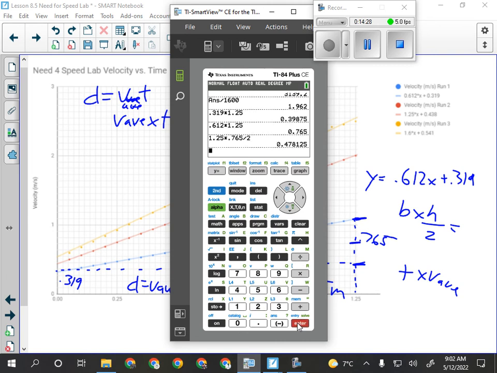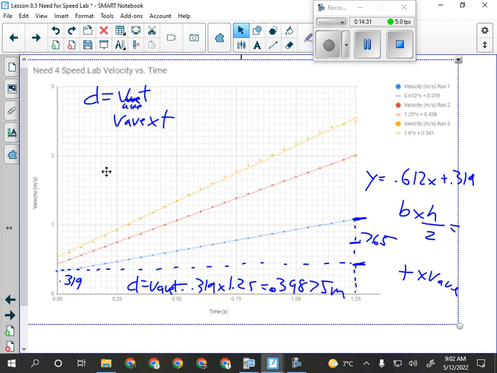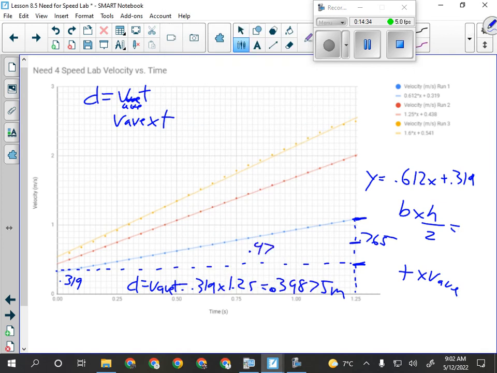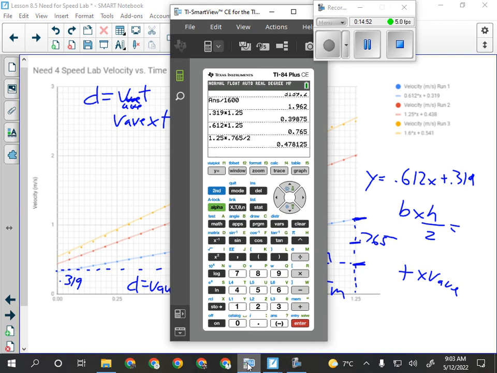All right, 0.478125. Okay, so now I've got the two displacements. What do I do with them? Add them together. Okay, so this was for the short ramp. So I'm going to take that number and add it to that number. 0.877 meters. That's pretty reasonable, because if I was using this ramp, I couldn't use the first part here because